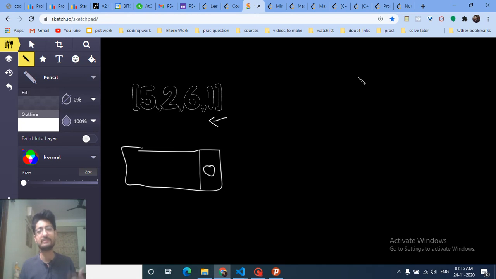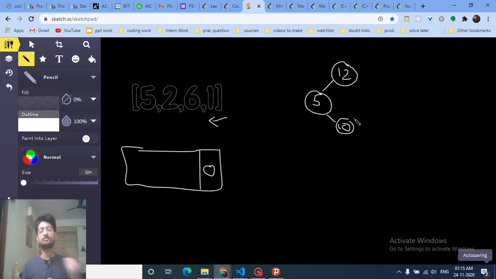Okay, so let's assume that if you have 12, and you want to insert, let's assume, 5 in this binary search tree, so you will always compare with the root node. So 5 is smaller, so you will insert 5 like this. Now if you want to insert, let's assume, 10, so you will move down like this. Because 10 is smaller than 12, you go to the left, and then because 10 is greater than 5, you go to the right, and then you will insert it.